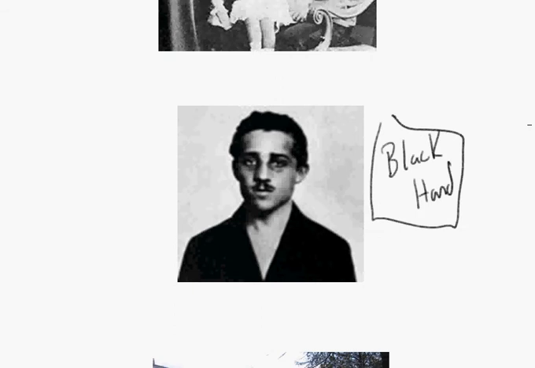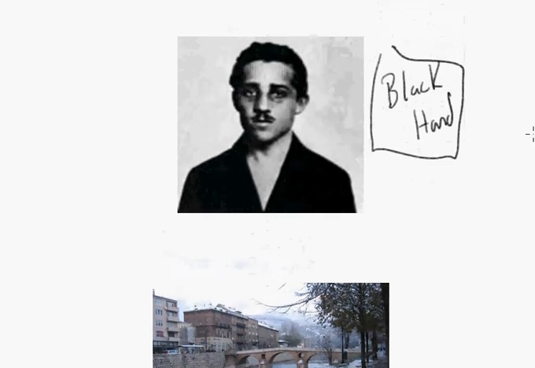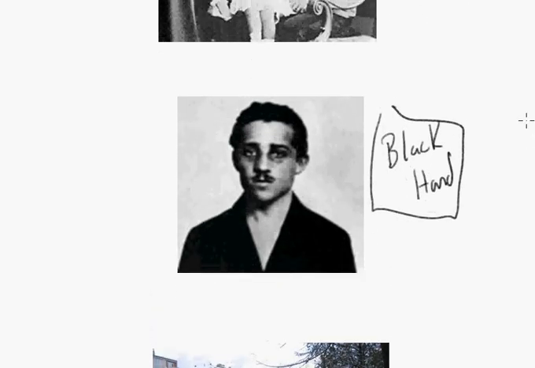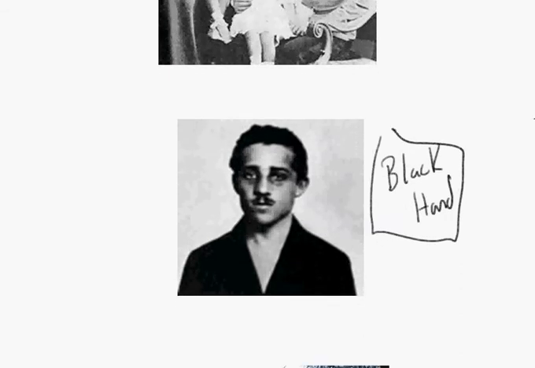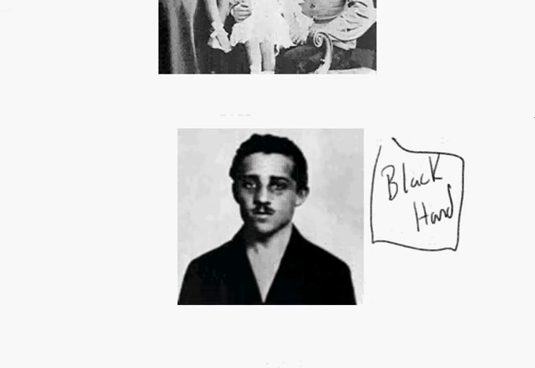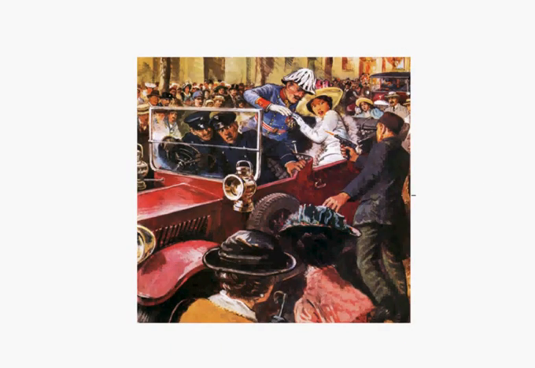The assassination itself, there were many attempts before he actually pulled the trigger. In fact, a grenade was launched and hit the car behind theirs and hurt people, and they went to the hospital to check on those who got hurt. So they could have just left and they would have been fine, but long story short, they find themselves right along this road, near this bridge, and Gavrilo Princip is there, and he pulls out his gun, and BAM! BAM! Archduke Franz Ferdinand and Sophie.